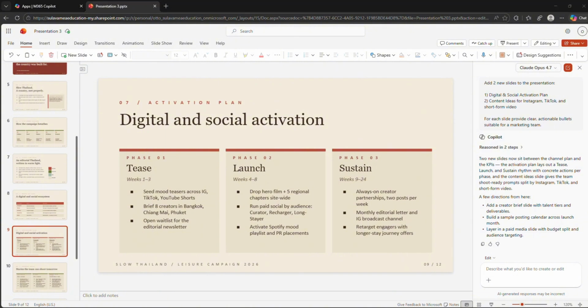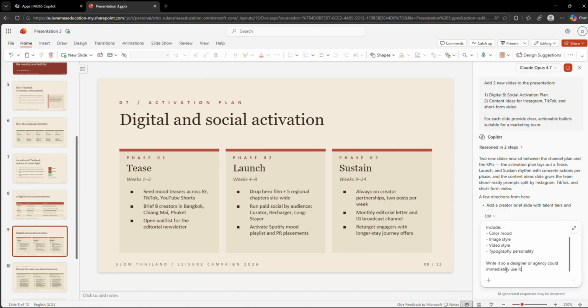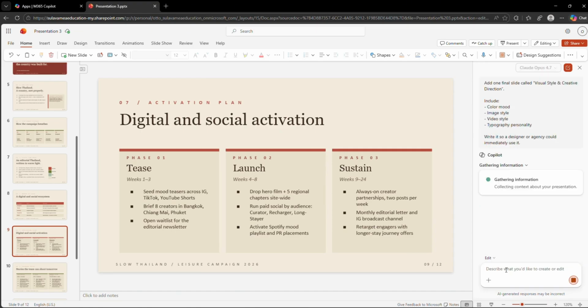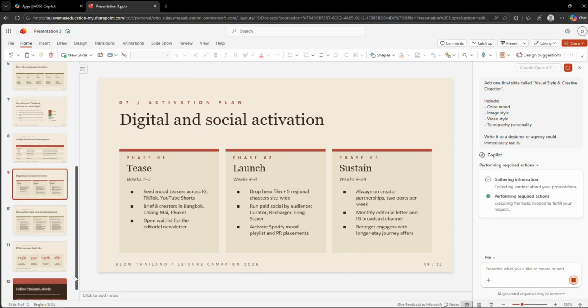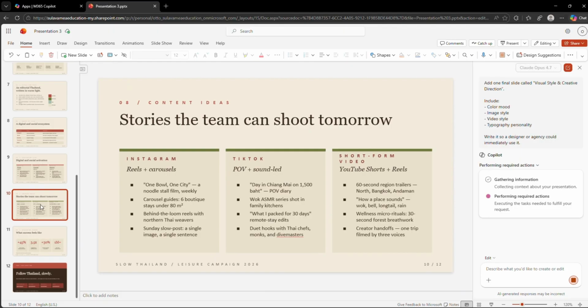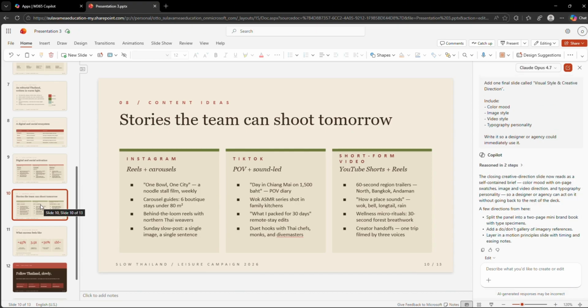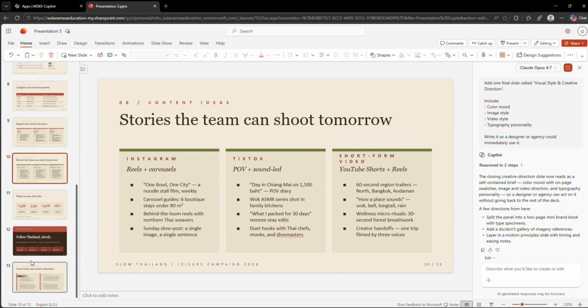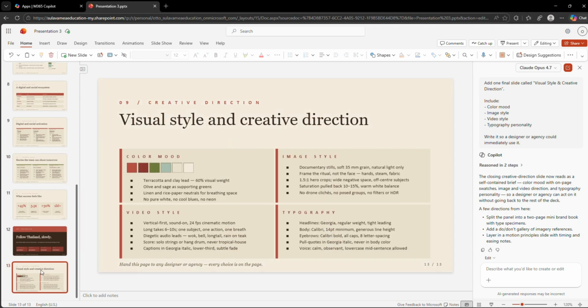We still have one thing to do: if we would like to make the modification so that we can also share the presentation with somebody and they can know what to do and what kind of colors should be used. So in the next prompt I asked it to create this kind of direction and visual guidance for the presentation and for the campaign. Then it's going to be thinking and suggesting the visual guidance for the campaign, and this could be shared with everybody. These are the instructions on how to